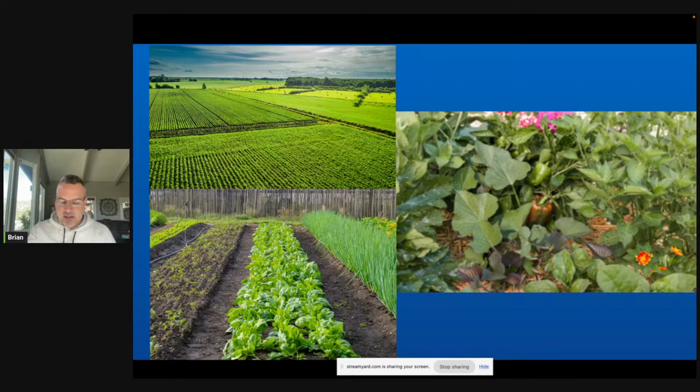Now compare these two pictures to the scenario in my garden, which is on the right. There's a big difference. The first two pictures, even with a wide shot, you can kind of make out what's being grown there. But even in a close-up picture of my garden, it takes a minute to see what's actually in the picture. In this one small space, we've got squash, peppers, flowers, spinach or chard, and even a sweet potato vine meandering